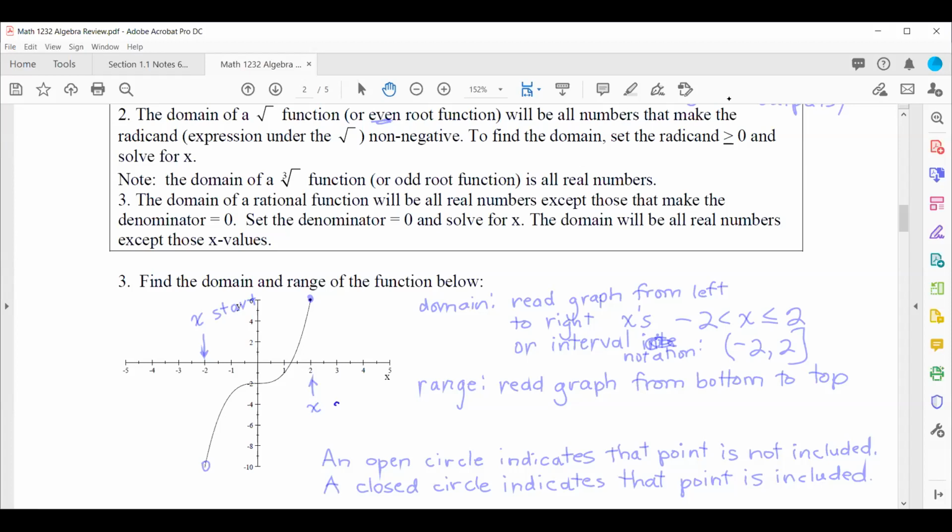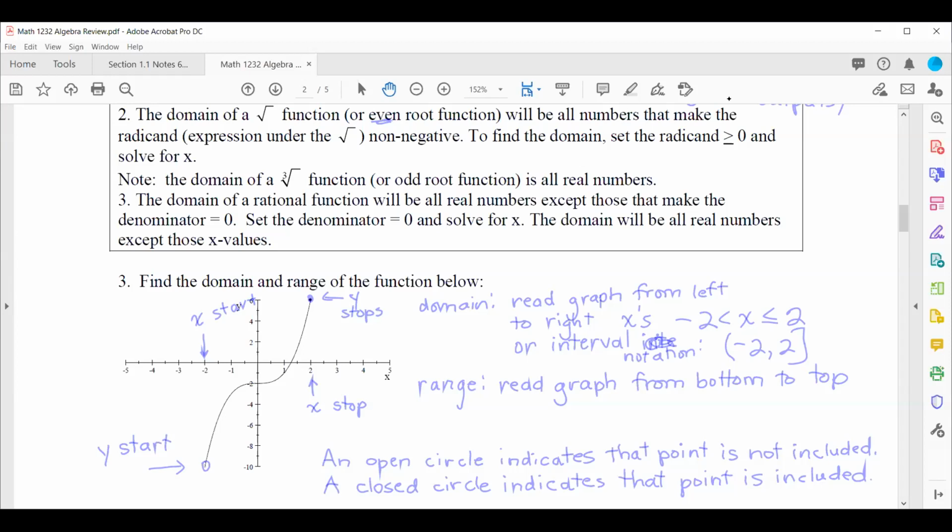The first set of arrows that I wrote, those are where the x's start and where the x's stop. Now I'm looking at where the y starts, and that's at -10, and then the y stops up there at